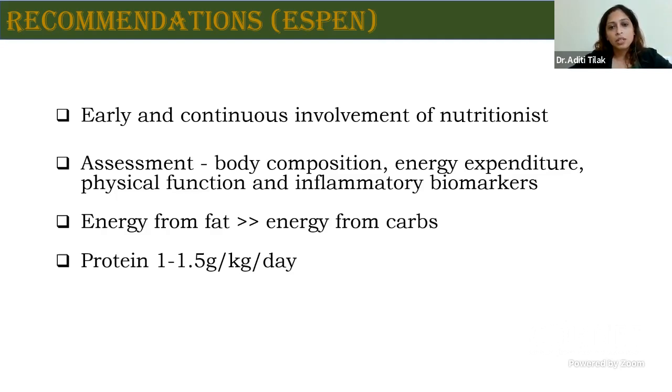They can do an early assessment of the body composition, the energy expenditure, the level of physical function and activity, and levels of inflammatory biomarkers. All these can help to determine the patient's energy requirement, and accordingly, a diet plan can be made. They recommend a high protein intake of at least 1 to 1.5 gram per kg per day, and more energy from fats rather than from carbohydrates, so that the caloric requirement of the patient is met, but the glycemic index